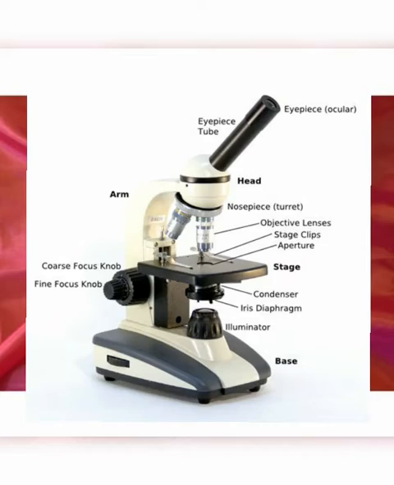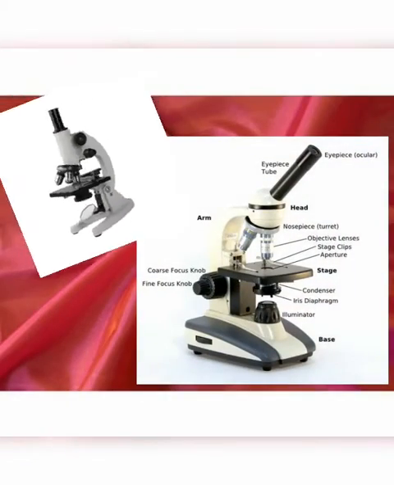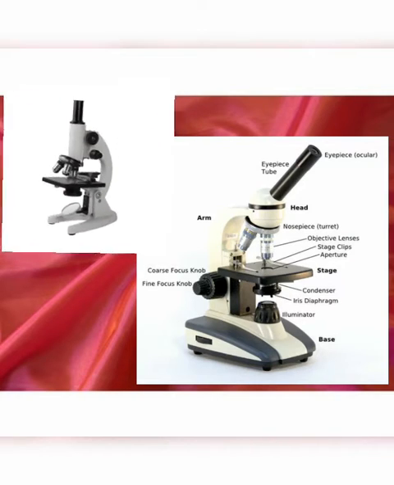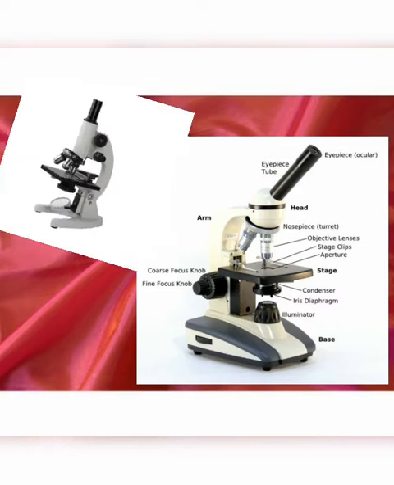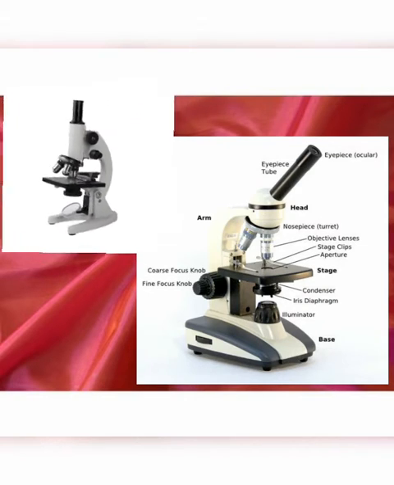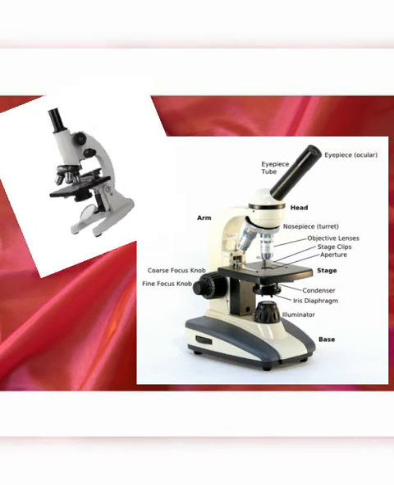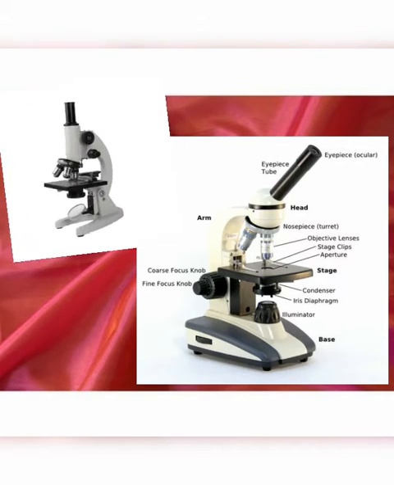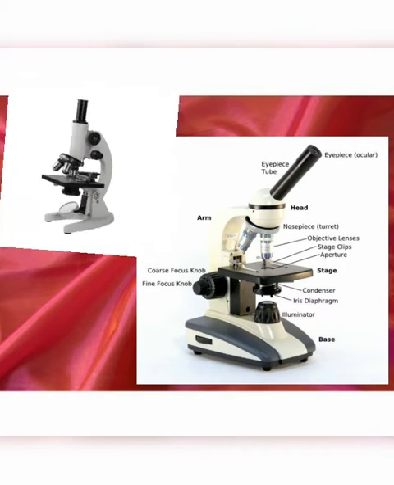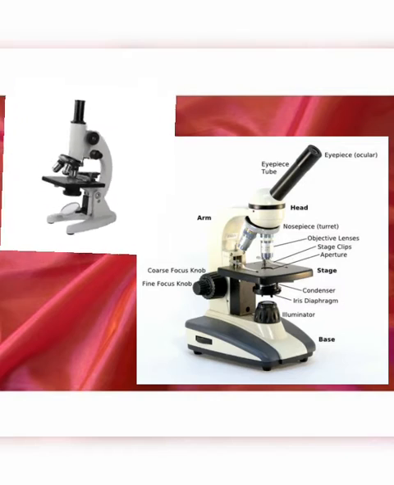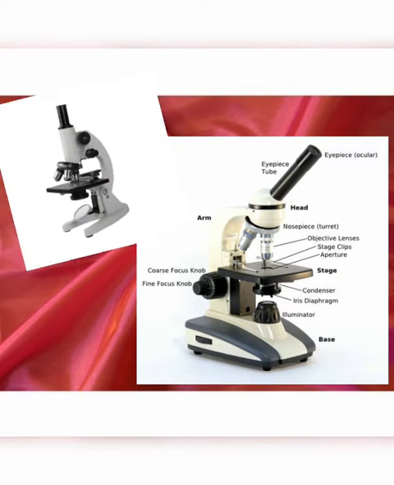Arm. It is a curved stand joined to a pillar by means of an inclination joint and bears stage and a body tube. It can be tilted on an inclination joint. Body tube. It is a cylindrical tube which can be moved up and down. On one end of a tube there is an eyepiece and a draw tube, and other end bears revolving nose piece with objectives. Draw tube. Draw tube is a cylindrical tube with lesser diameter than the body tube and it is fitted to the upper end of a body tube. Upper end of draw tube holds the eyepiece.